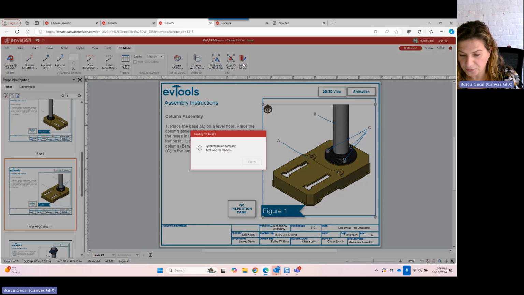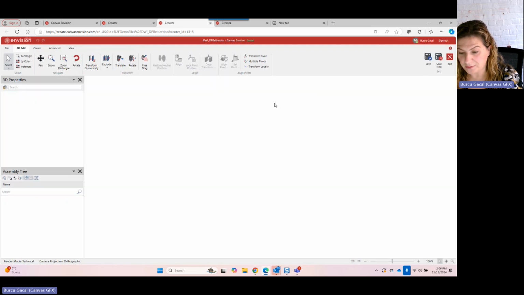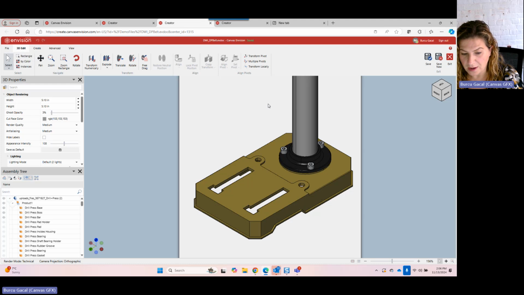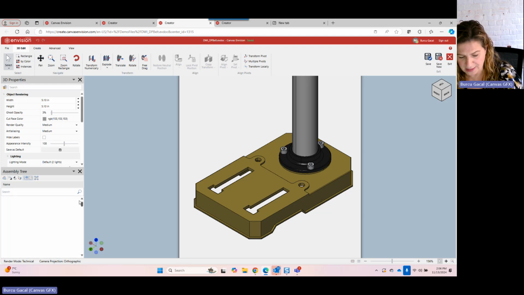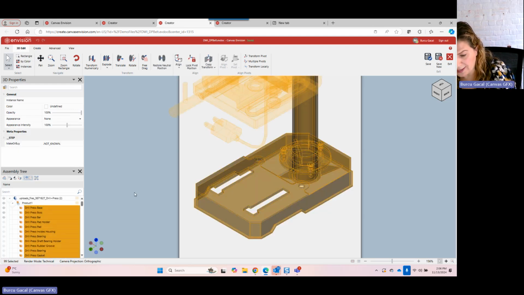And then if you click on the 3D model, Edit 3D Model tab over here, Envision is going to show you the 3D properties on the left-hand side and the assembly tree. This is a pretty simple assembly. If you guys remember, if you do Control A of all the parts in your assembly, you could